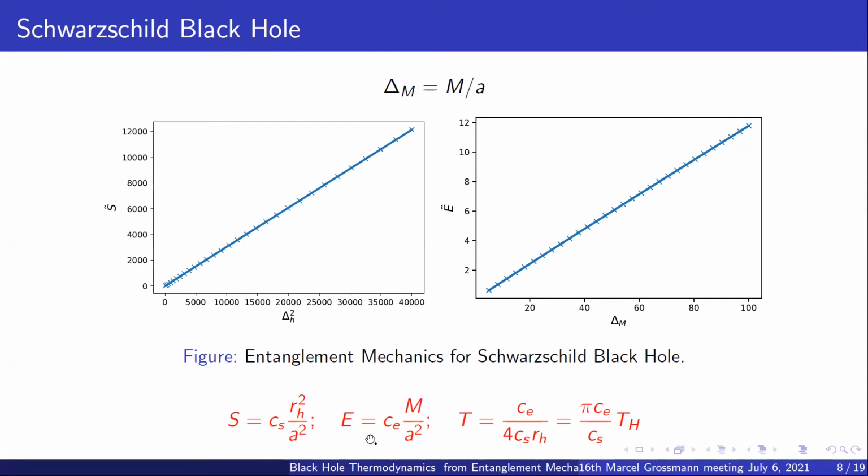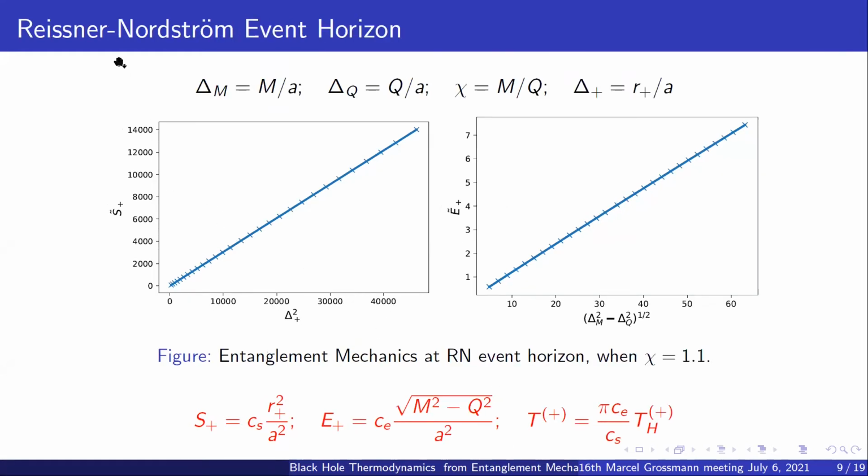But then, in fact, he did not notice any pattern over here that might lead to some universal results. So what we did is we went on and looked at more complicated systems, such as that of a Reissner-Nordström black hole. So this is basically a black hole with mass m and a charge q, and which is again in a static, spherically symmetric spacetime which is asymptotically flat.